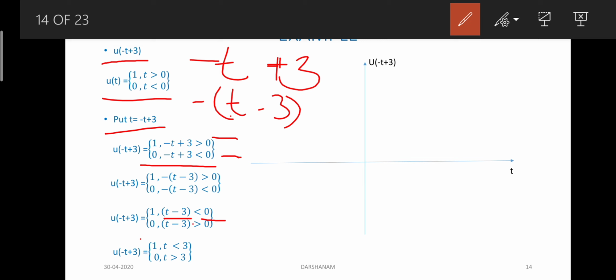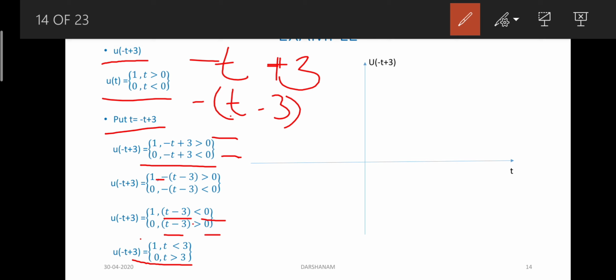The inequality changes because of this negative, and it is 0 for t minus 3 greater than 0. By moving this minus 3 to the right hand side of the inequality, we can see that u of t is equal to 1 for t less than 3 and 0 for t greater